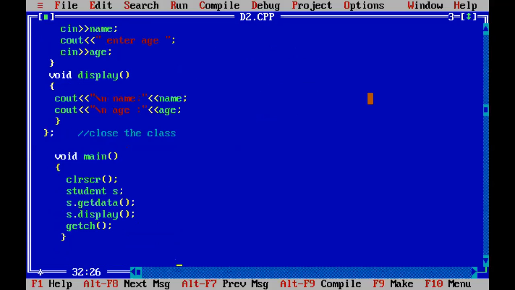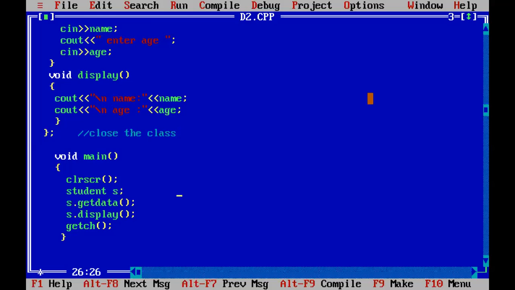Why so? Because we have taken two functions, get data and display. All the input tasks are handled by the get data function, and all the output and display tasks are handled in the display function.